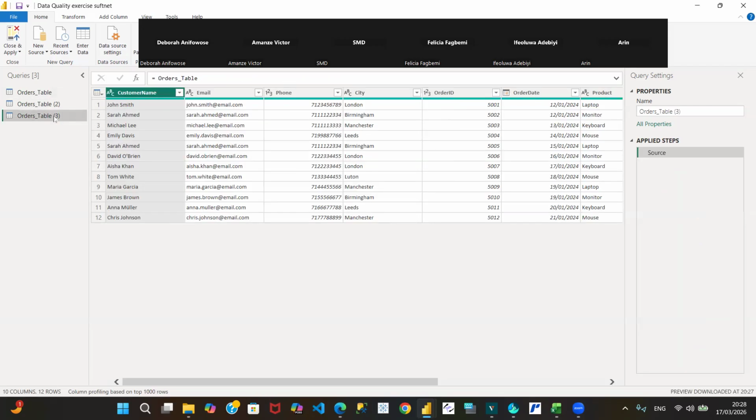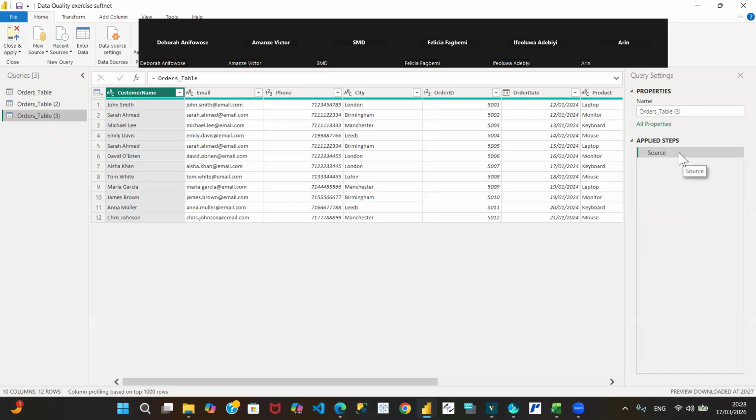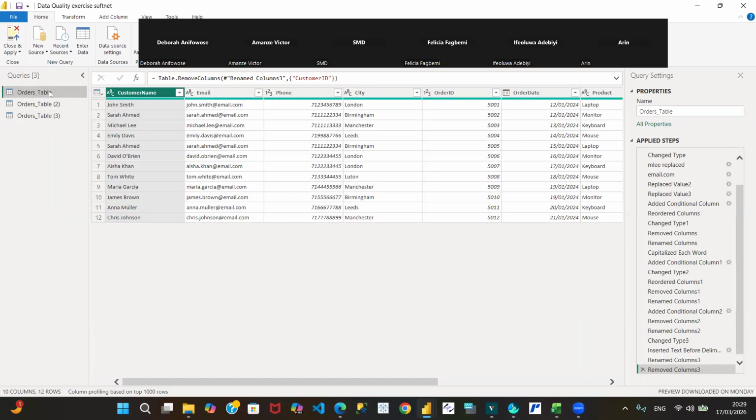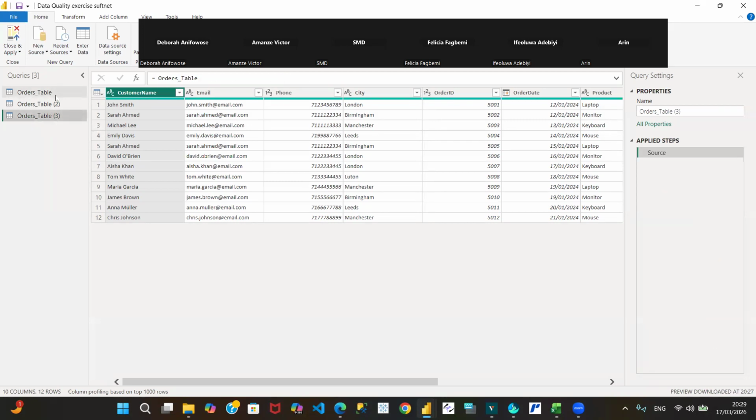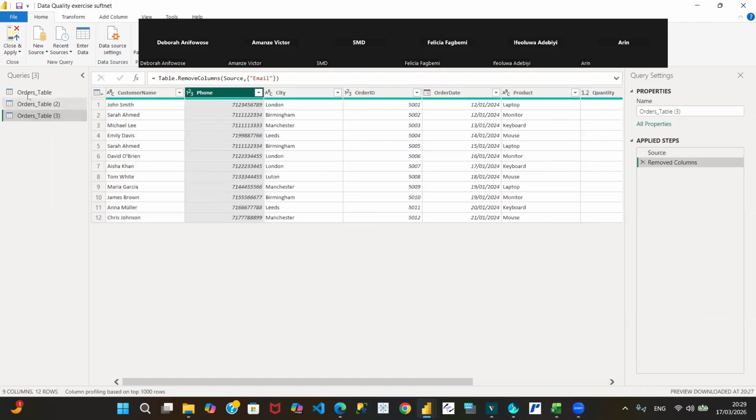See, if we go into the reference table, instead of it carrying forward all of the steps here, it refused to bring all of the steps. Rather, it's telling us only source. That is, it's making this original table, the first table, the source. That's where it's feeding from, okay? Whatever you do to my source, let it happen to me as well. Although whatever you do to this particular reference table,